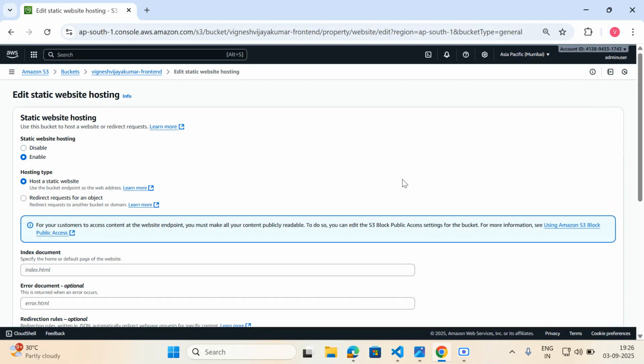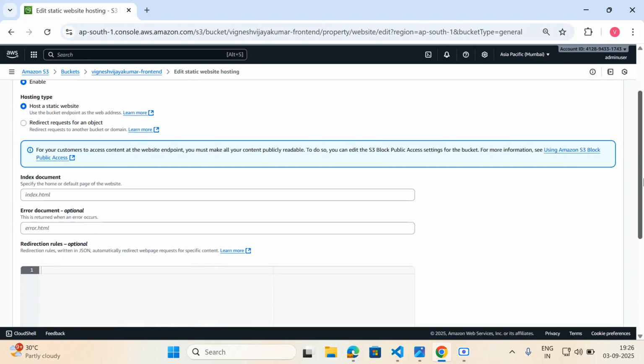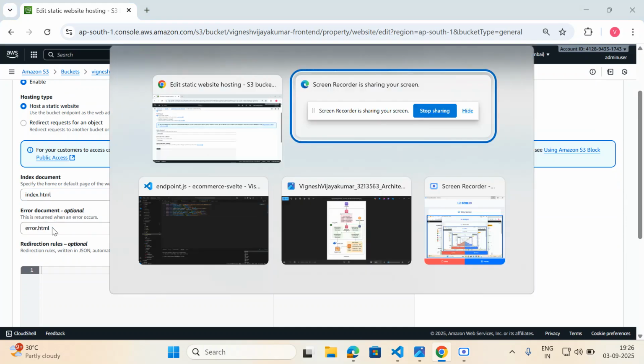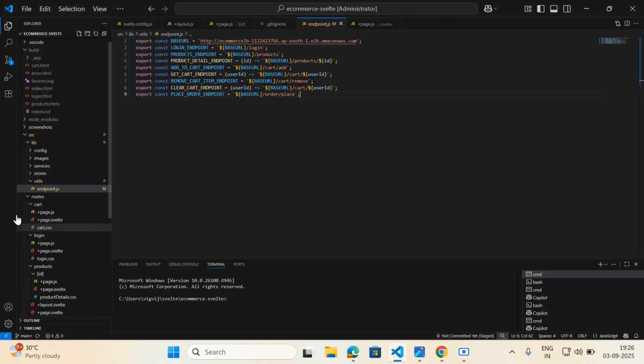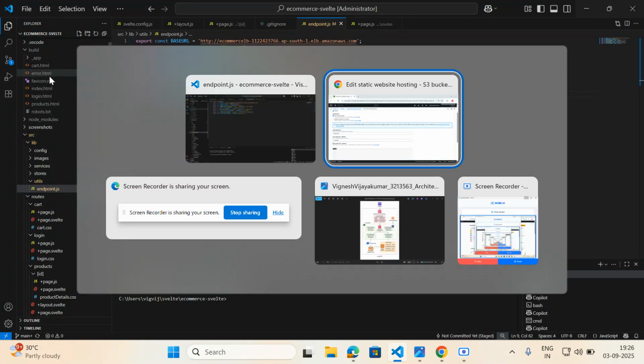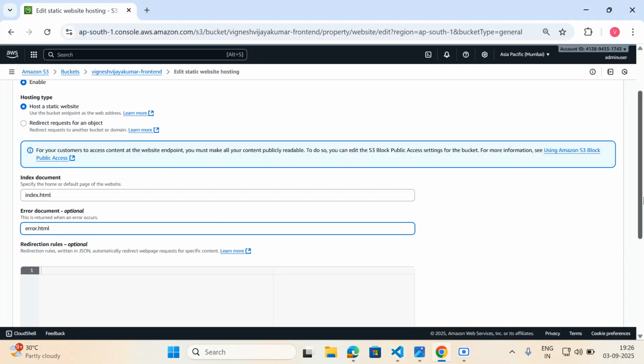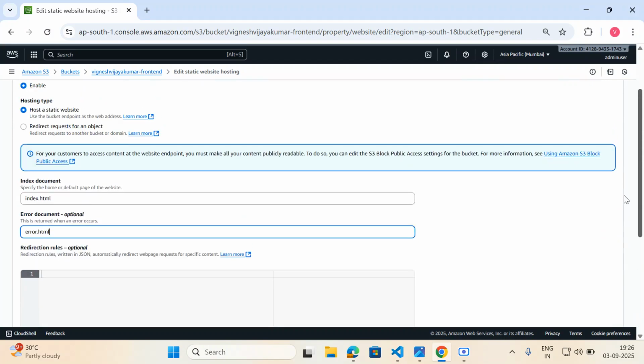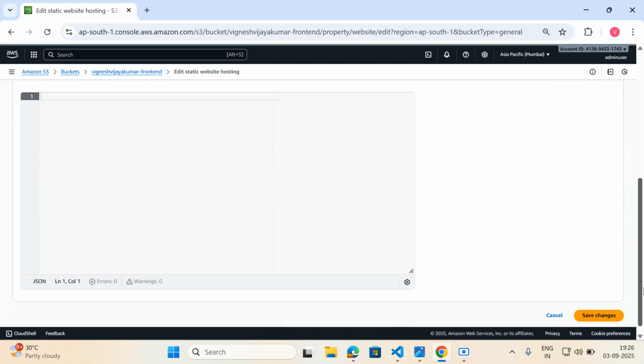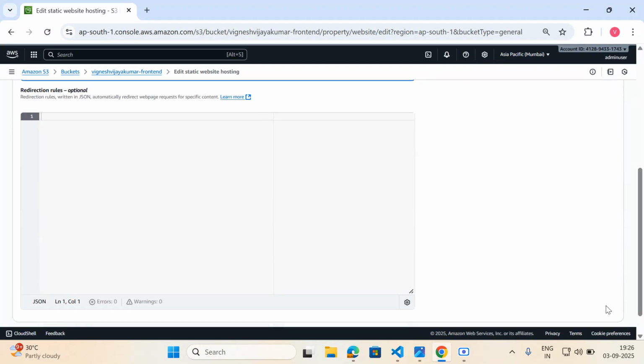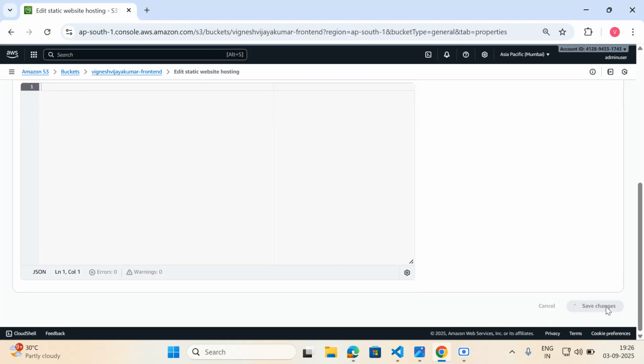So I will enable hosting a static website, and we already have the index.html document and the error.html document. These come automatically generated when you run npm run build. So this is the index.html and this is error.html. We have given this, and if you save these changes,